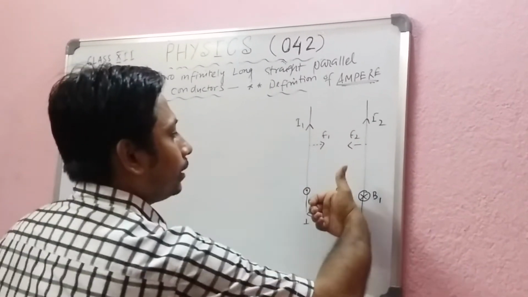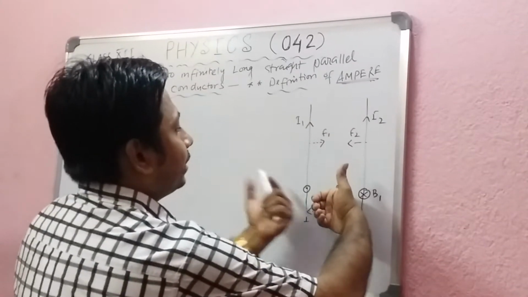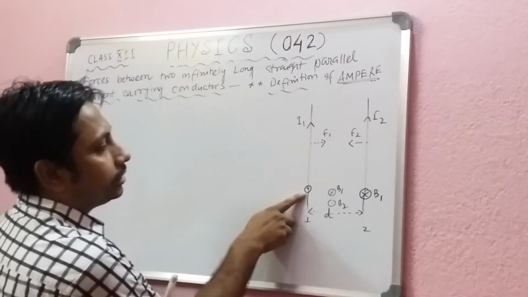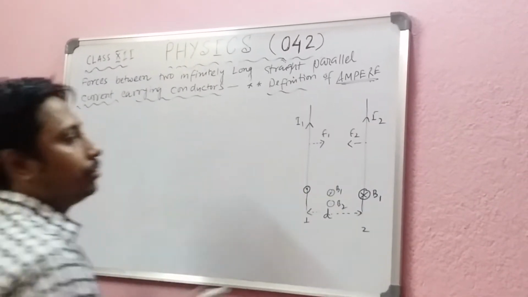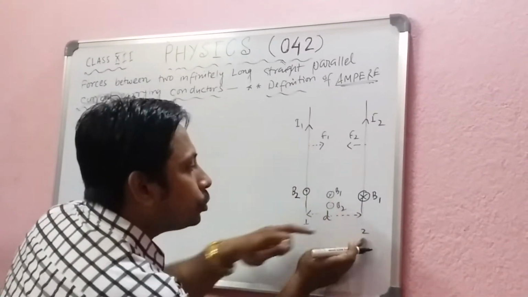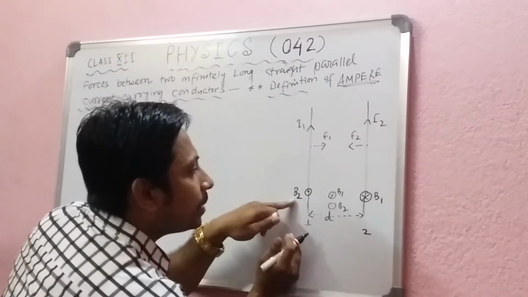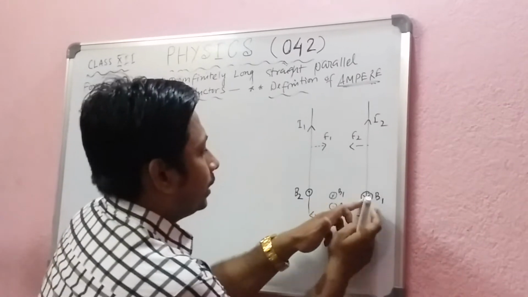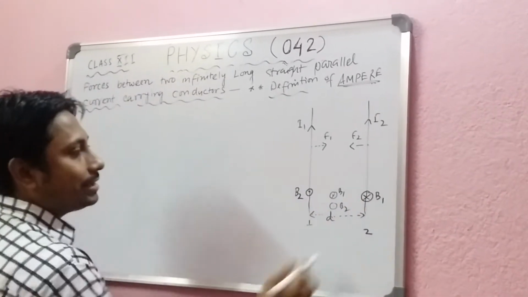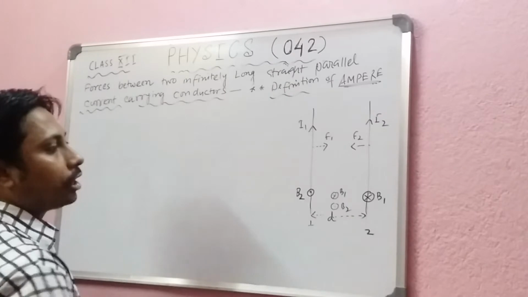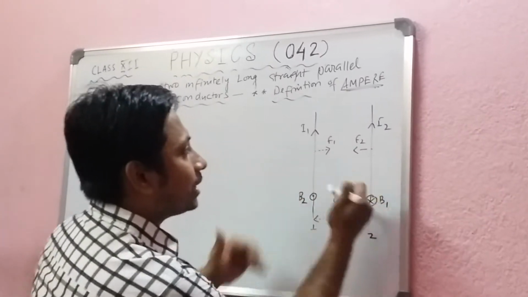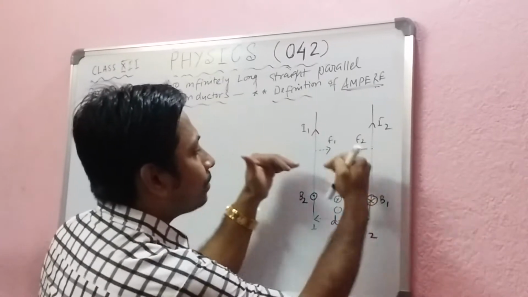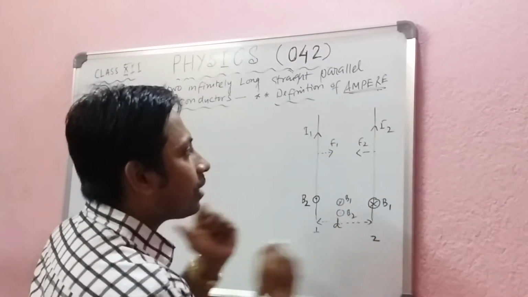Students, see, on this side there is a dot field due to I2. So on I1 there will be a dot magnetic field. We can write B2. Why B2? Due to 2. Why number 2? That's why B2. Okay. Now students, see, there are two opposite poles, one is cross and one is dot. So they will attract each other. So the direction of F1 is to attract each other. They come closer due to the passing of current.